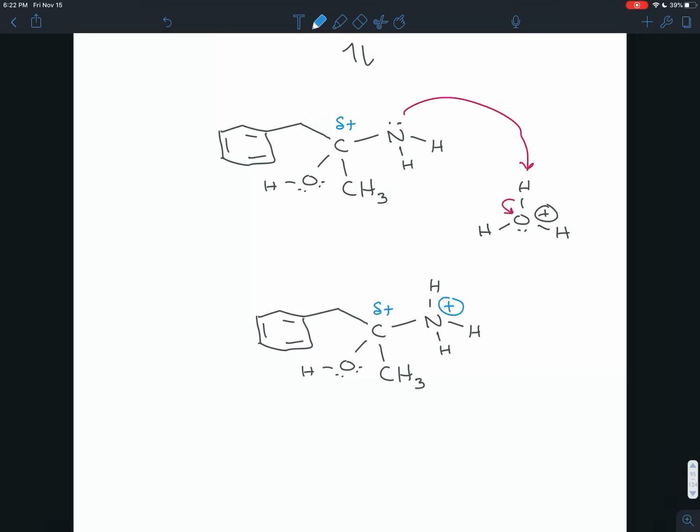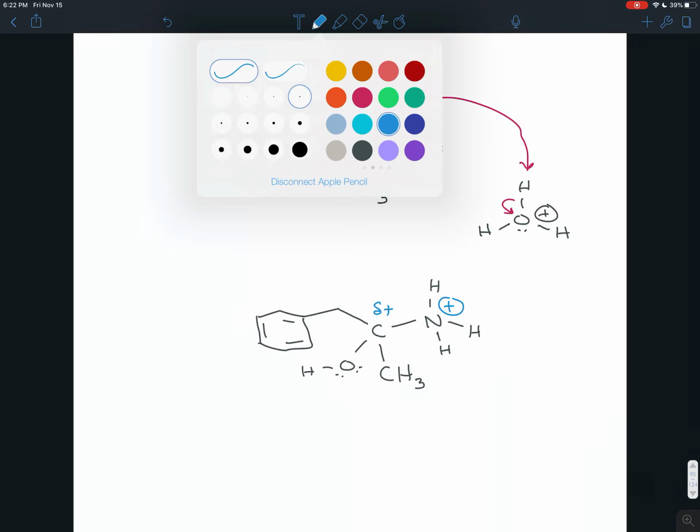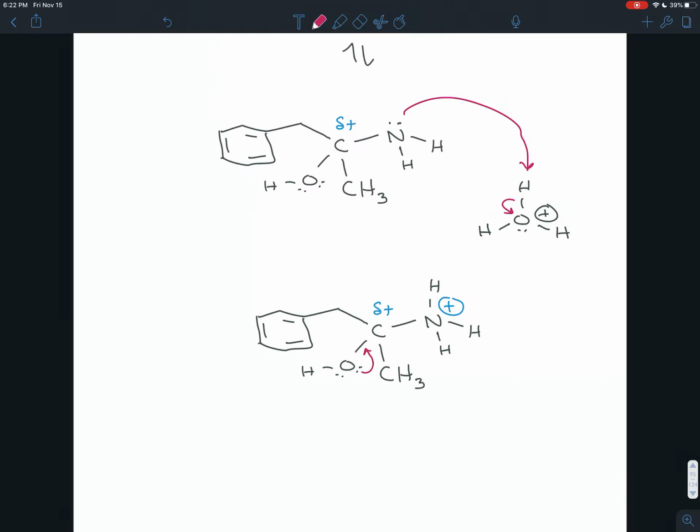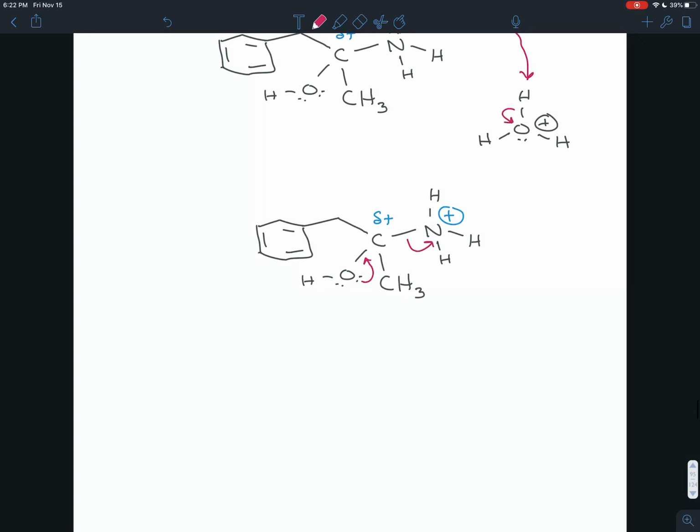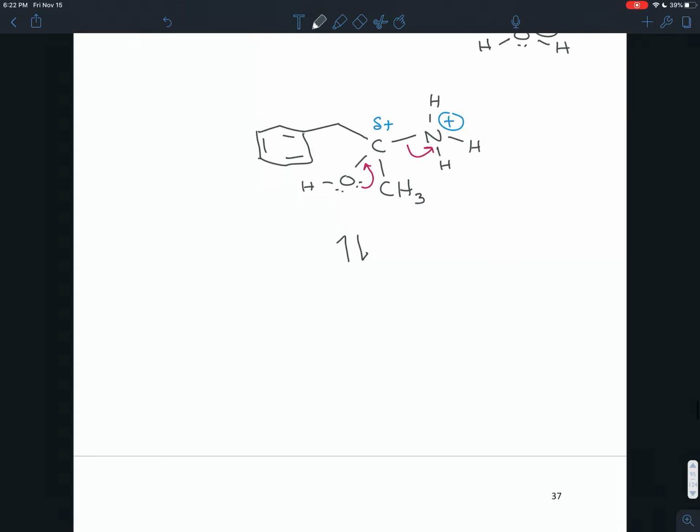So it would have that full positive charge. The carbon in between is still slightly positive. It's bonded to two electronegative elements, so it's really slightly positive, and the lone pairs here can snap down and kick off that good leaving group, ammonia. And so what we'd have after this point is